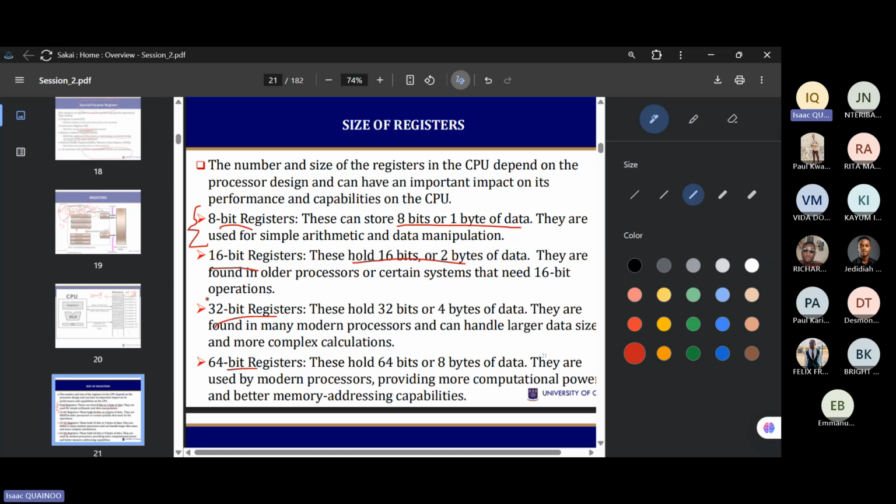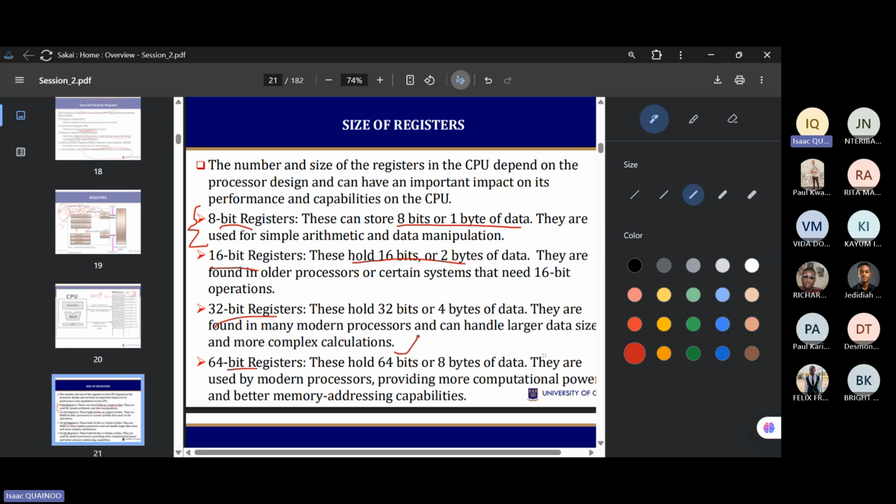So they are used for simple arithmetic and data manipulation. And the 16 bits holds 16 bits or 2 bytes of data, and they are found in older processors or certain systems that need 16-bit operations. And then we have 32 bits that hosts 32 bits or 4 bytes of data, and they are found in many modern processors and can handle larger data sizes and more complex calculations, but not so complex, because in our current age, 32 bits is now becoming